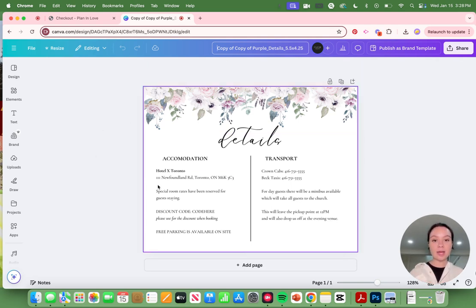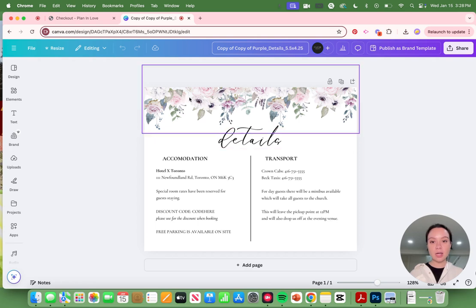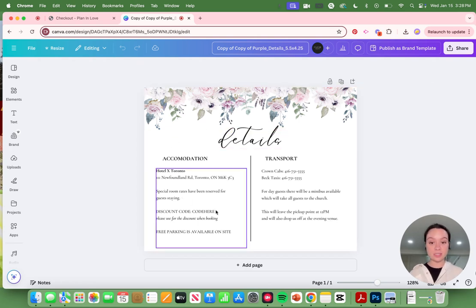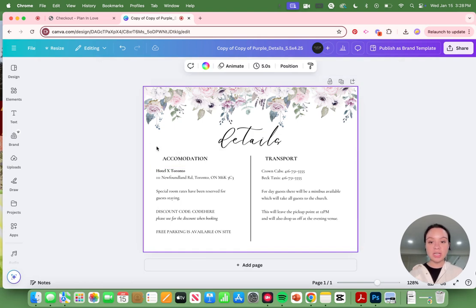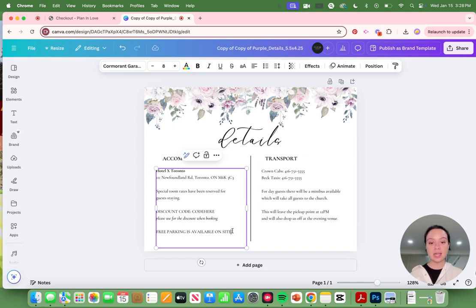So as we can see here, we have a lot of things going on here. And these are all editable, obviously. So we can go in and you can change the accommodations, you can change the transport, you can add other details. Maybe you don't have transport, maybe you need to let people know that it's Uber, or you need to drive in where parking is, stuff like that. You can do dress codes, anything like that that would be important for your guests to know, you can add here. And it's just a simple click and delete, type, add new things, whatever you need to do here,